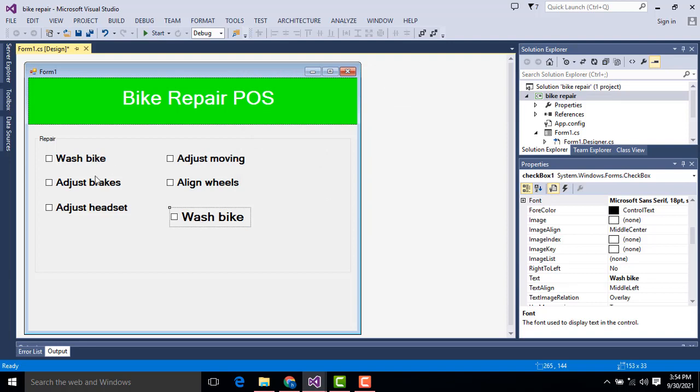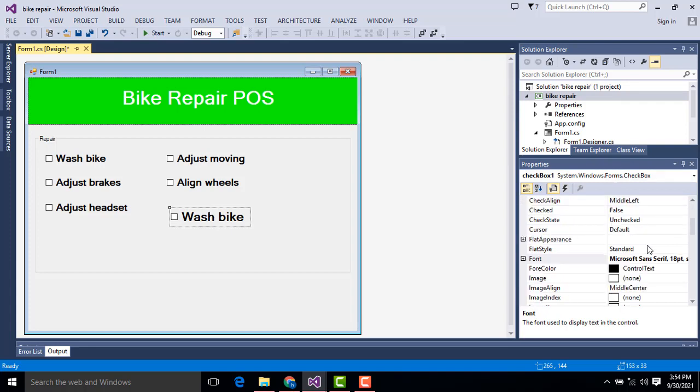The same thing you have to do here. Once you complete the label, you have to drag another label and do the same stuff. Here you have to change the name. You have to change the text, and you also have to change the name, because when you write the code, we identify the checkbox by the name.